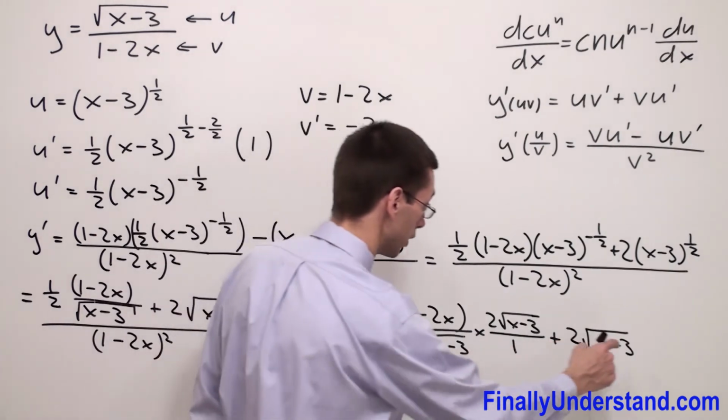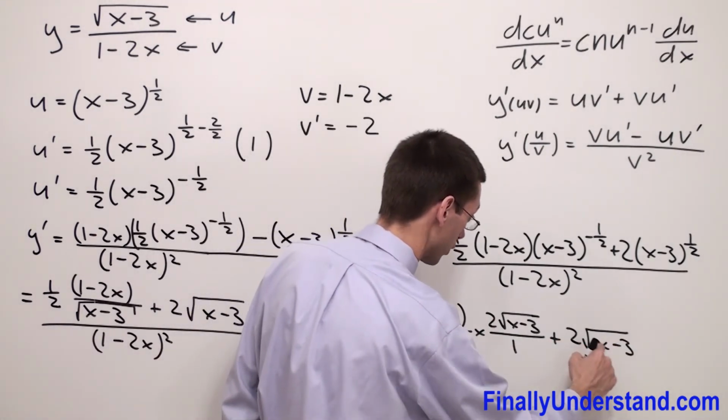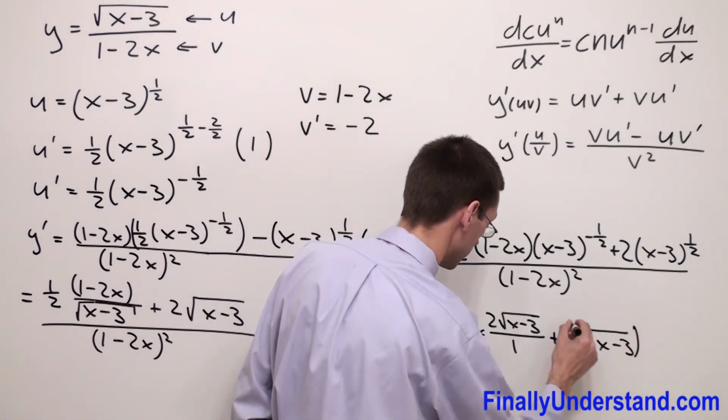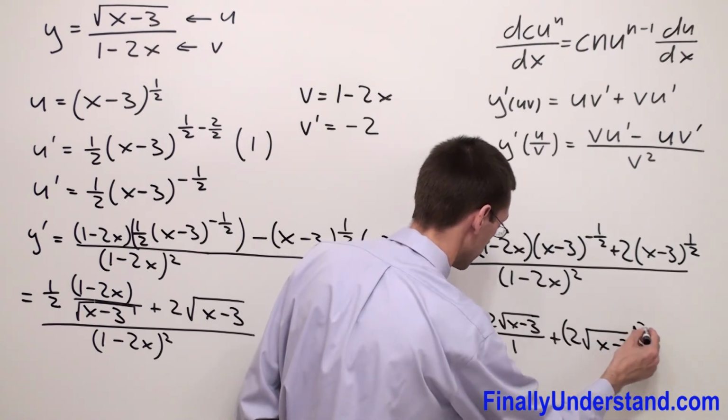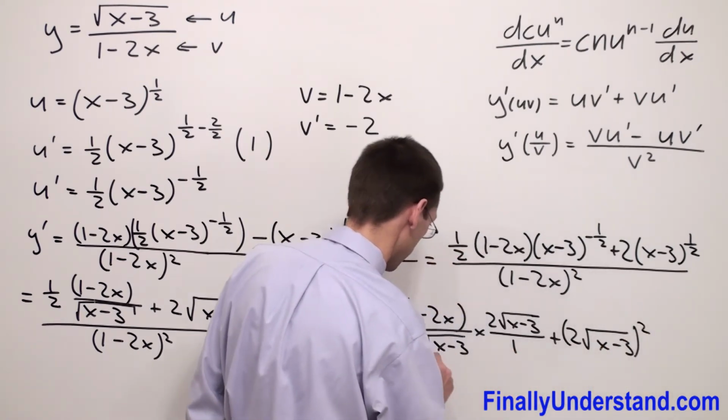So instead of writing times 2 square root x minus 3, I'm going to write that we have 2 square root x minus 3 to the second power. And everything over